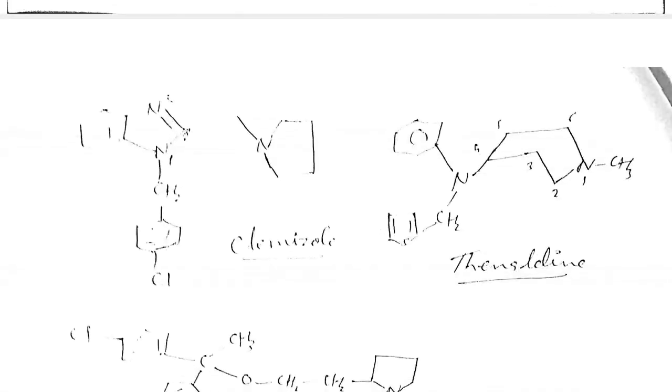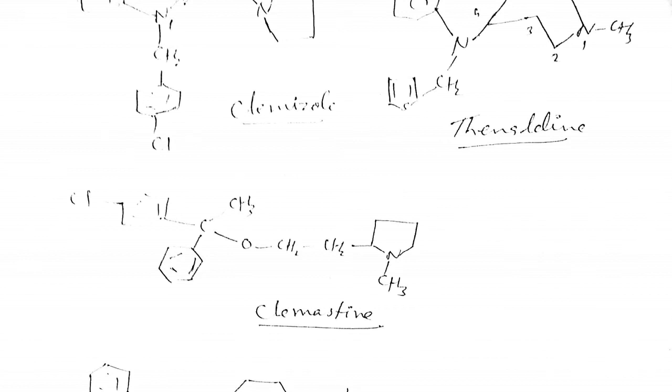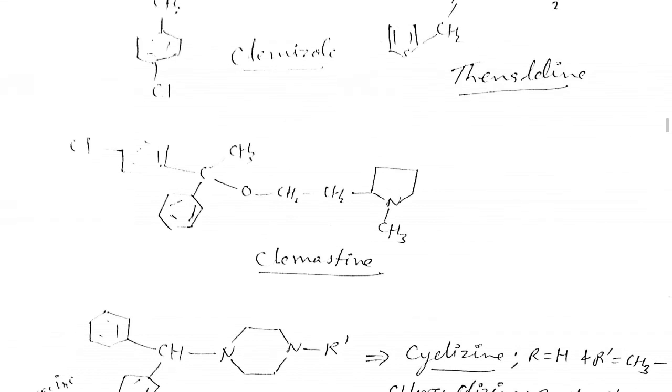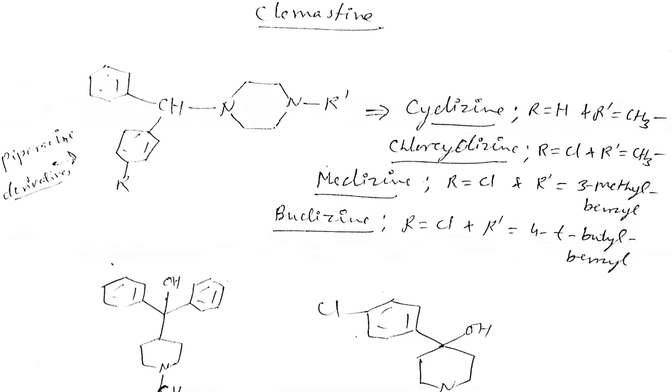Some other drugs that we also discuss are clemizole. Clemizole also contains a pyridyl ring nucleus here, and a benzimidazole group here. Phenindamine also has a cyclic ring present. Another is clemastine, look at here, again three cyclic rings. Phenindamine, clemizole, clemastine, these all are cyclic analogs, but they were not very much effective.